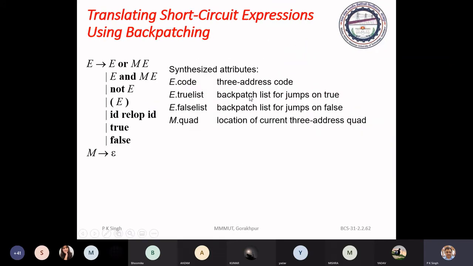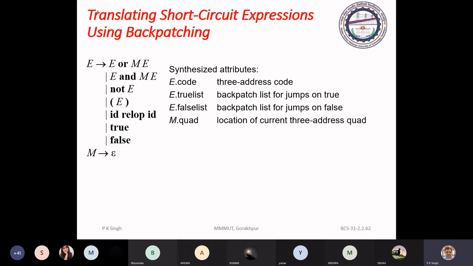Now see another point about control constructs. We have discussed two ways for translation of control constructs.